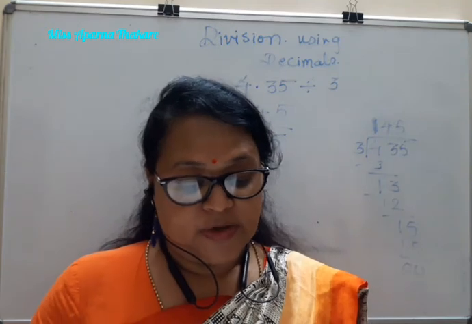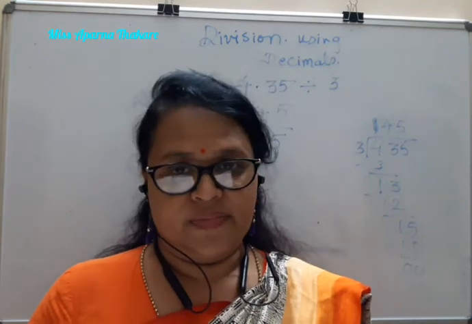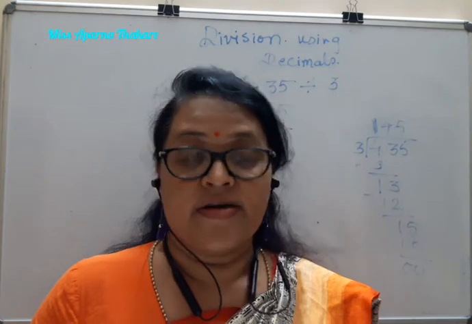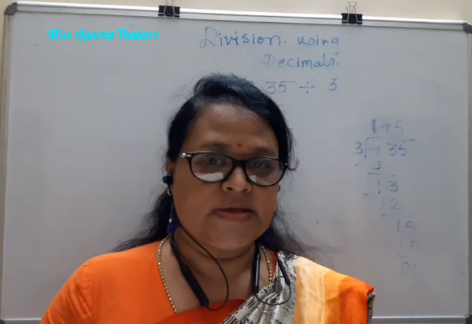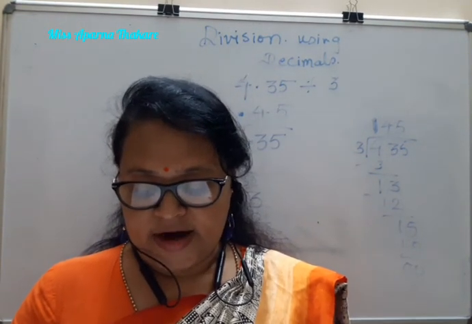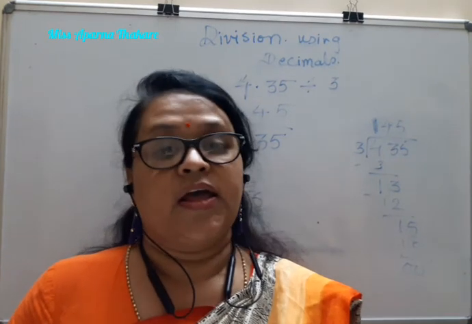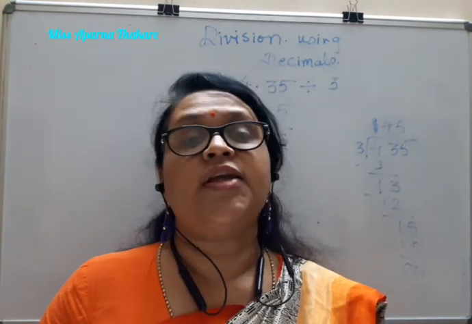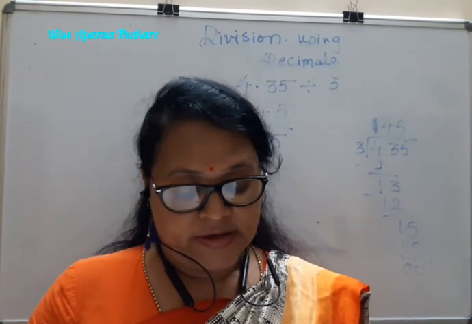Now, the remainder while dividing decimals. Sometimes a remainder will be there. Remember, the remainder is always less than the divisor. If it is bigger, the problem is wrong. Writing an extra 0 on the right side of the dividend does not change the value of the dividend, so the answer in the division is not changed. Okay, here we can complete the division.